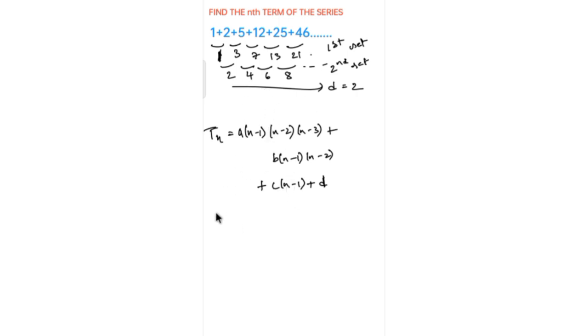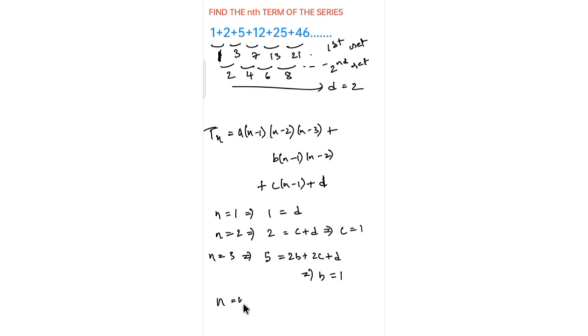So put n is equal to 1 now. When you put n is equal to 1, you get 1 is equal to D. When you put n is equal to 2, all the upper terms will be cancelled, only these will remain. So C plus D, I'll write it in order: 2 is equal to C plus D is what you get. So you get C value to be 1. When you put n is equal to 3, you get 5 is equal to 2B plus 2C plus D. From this we can infer that 2C is 2, D is 1, so you get 2B is equal to 2. So you get B is equal to 1 again.